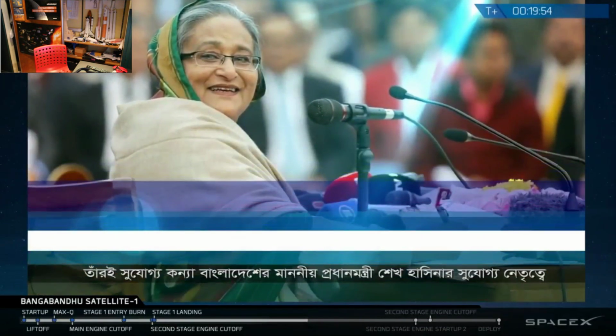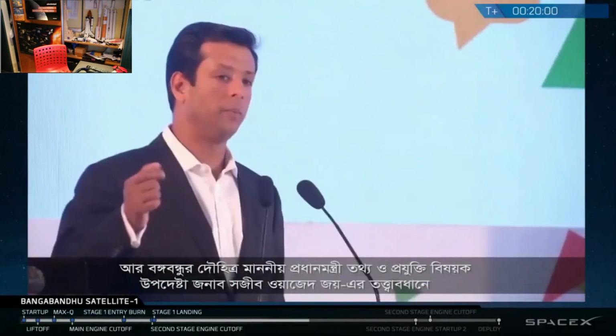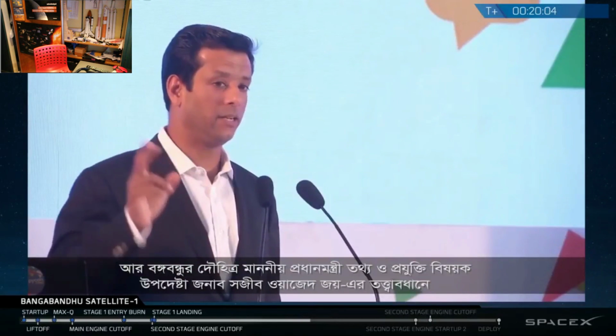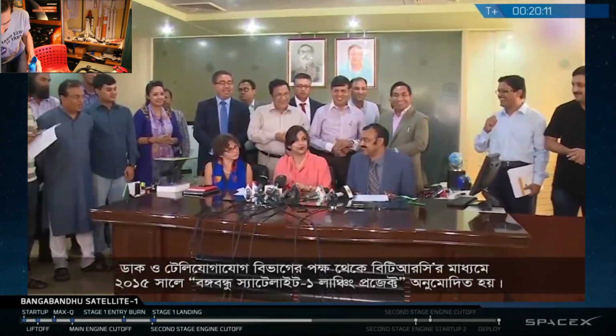Bangabandhu sowed the seed of the country's cosmic entity through commissioning of satellite ground station at Bedbunia. 44 years after that, his able daughter, the Honorable Prime Minister Sheikh Hasina, along with his grandson, the Prime Minister's Honorable Advisor for Information Technology, Shojib Wajid Joy, made a history of launching the country's first satellite, named after the father of the nation. This project of